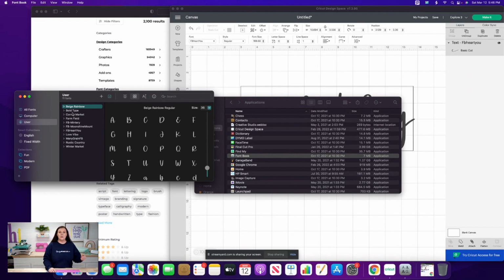From here, you can simply go to the font you're looking for. So on your left-hand side, you could go to all fonts. You can go to computer fonts, which are the ones that come with your computer, or you can go to user, which is the ones that you may have purchased from design bundles. So I'm already highlighted on user. So it's showing all of the ones that I currently have downloaded on this computer. So I'm going to locate the one that I want to find the glyphs for today.